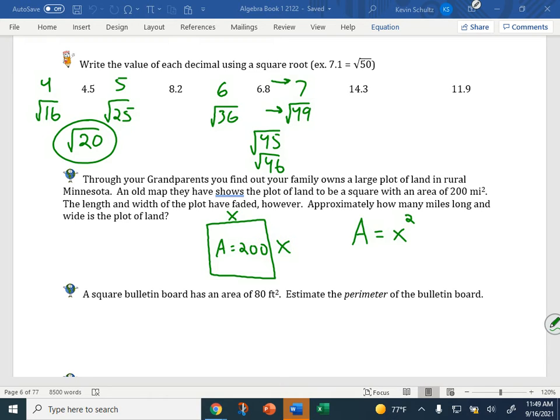If one side length of the square is 4, you just multiply 4 by 4 to get 16 for the area. If one side of the square is 100, you multiply 100 by 100, and the area would be 10,000. Okay, so whatever the base is, the height's going to be the same, and the area is found by multiplying that times itself. So if we know the area is 200,